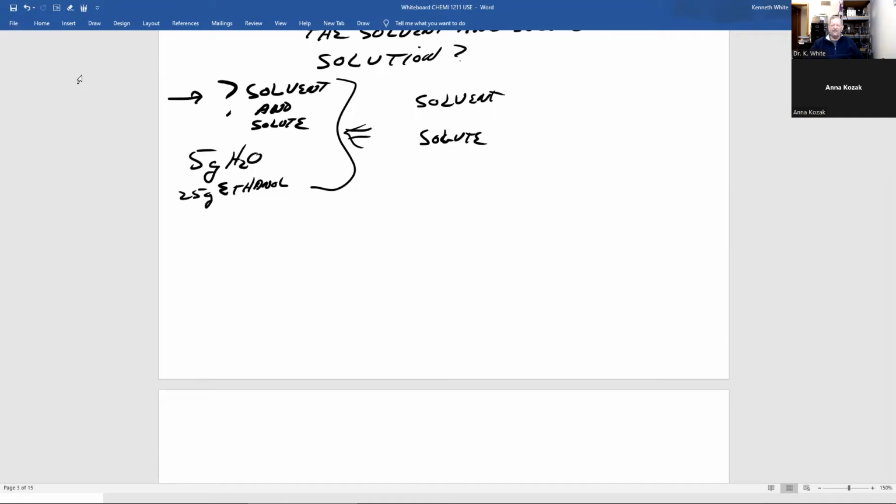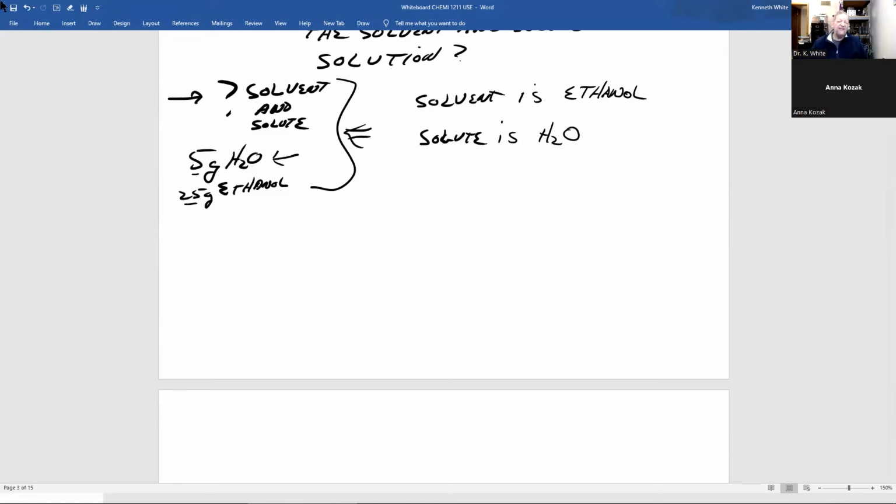And remember, the solvent is the component present in the greatest amount, and the solute is the component not the other ones. All right, my turn. Looks like everybody's done. So, which is the greatest amount, 5 or 25? I hope you all pick 25. So the solvent is ethanol, because that's the component present in the greatest amount. And everything else, which in this case is water,